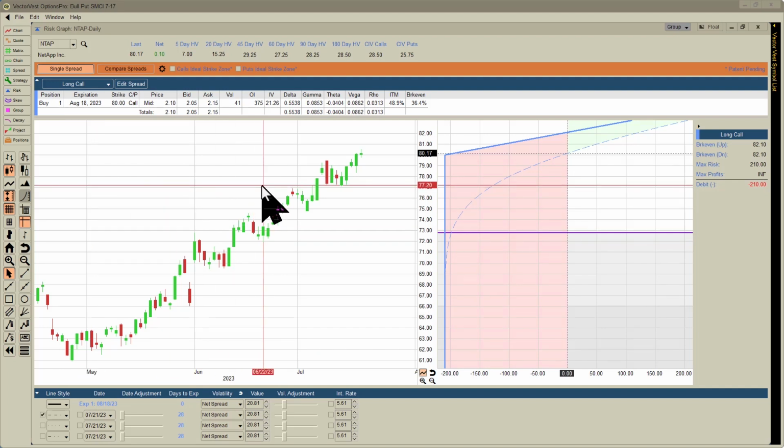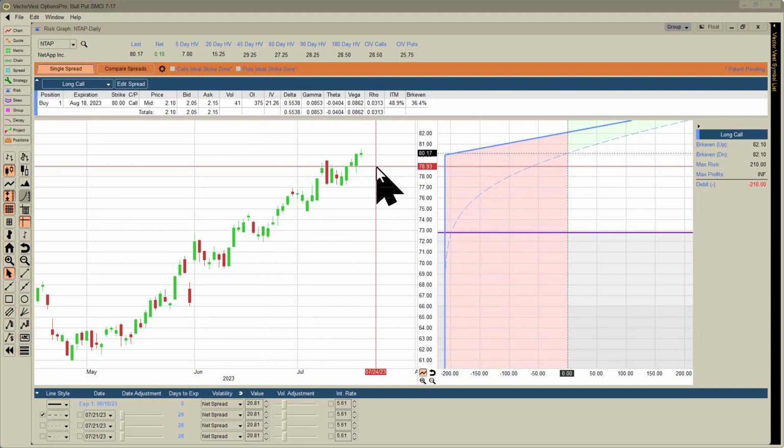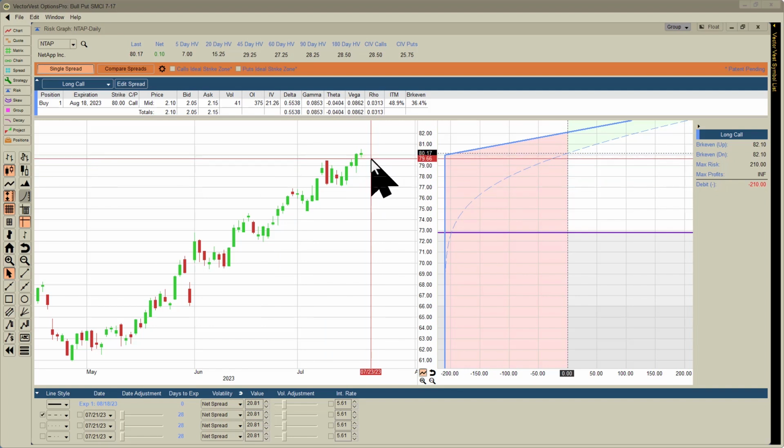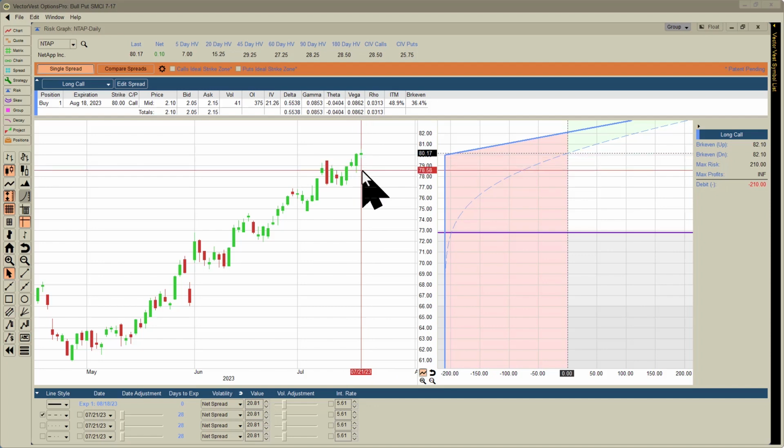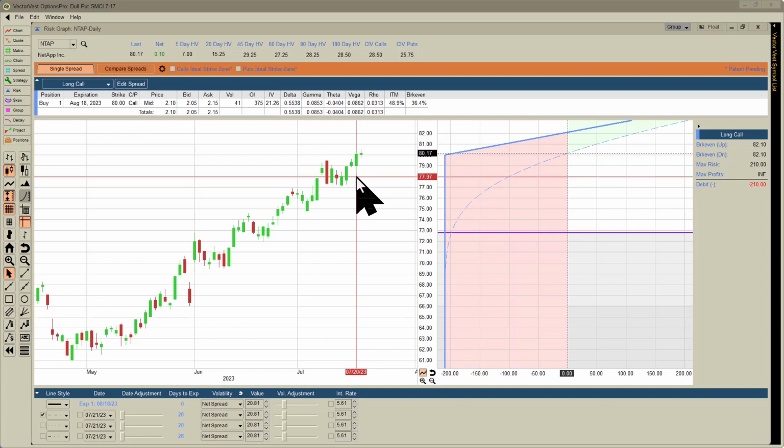So here's NTAP yet again. Now, with NTAP, we're going to look at the graph. I generally like to give this a little bit of space to be wrong. So if I'm looking at this graph, I'm looking at the last few bars and I can say, you know what, this is a really big bar right here. How about I put a stop? If I was going to buy 100 shares of NTAP and I wanted a decent stop, I could put my stop right below the prior day's low. That's at about